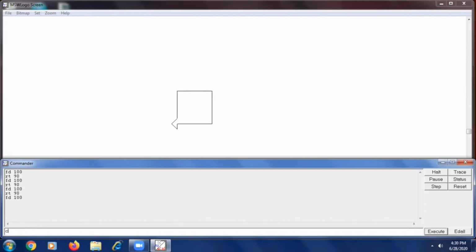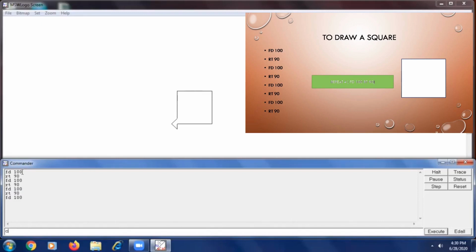Now see here, to draw this square, what did I do? I have written FD 100 RT 90. This set of commands I have written 4 times: FD 100 RT 90, FD 100 RT 90, FD 100 RT 90, and FD 100. RT 90 we could give so that I can get my turtle in the same place.